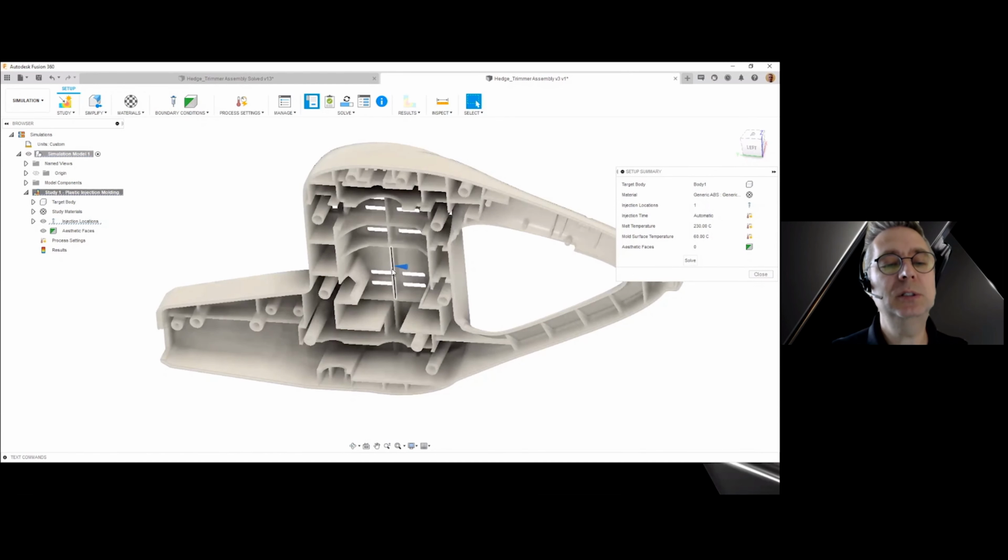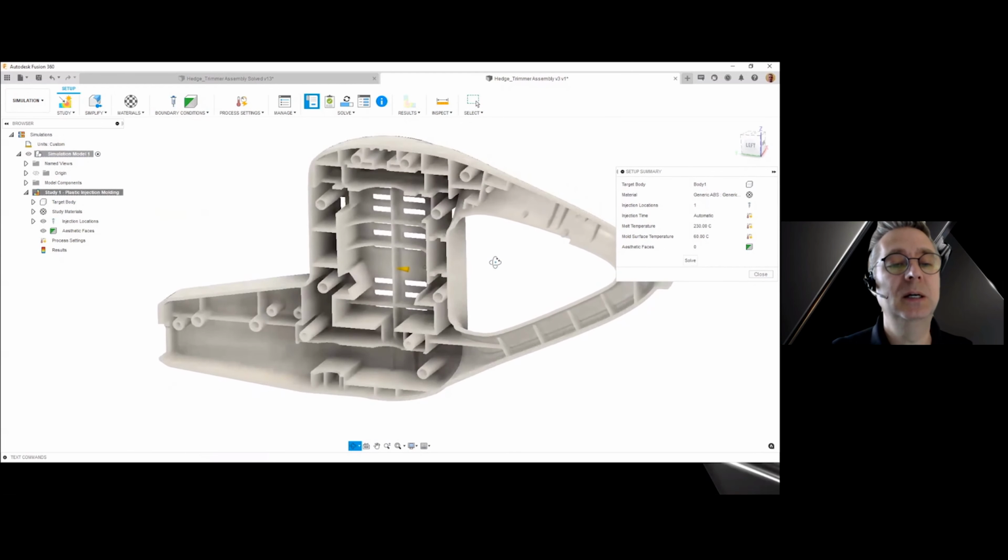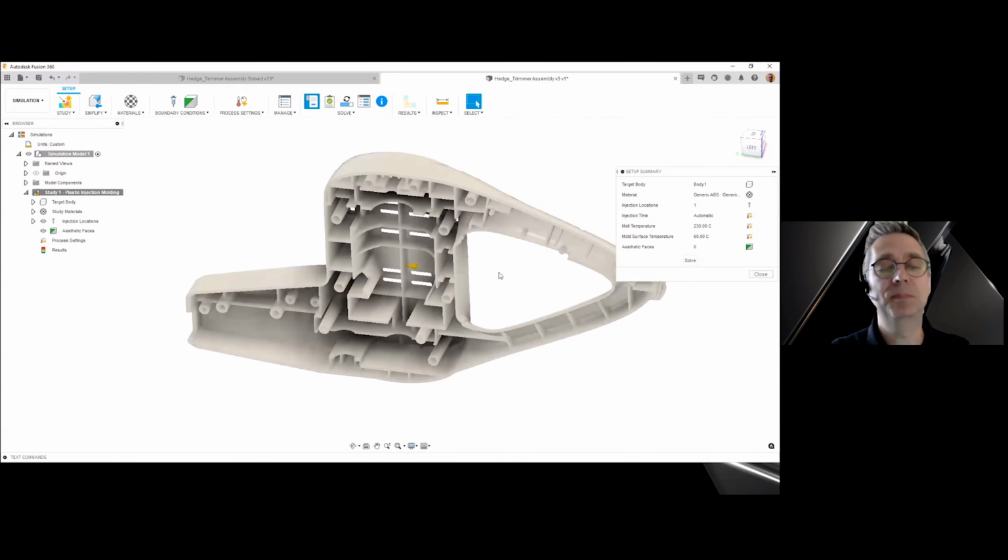It's interesting because, after lots of years in the industry, I don't know that I would exactly put the gate there. But I also like that it just put one there right away, just to give me a feel. Even if I don't know where I'm going to put the gate, at least I could start with that to see overall, is my part going to fill? And if I do know a little bit better, I of course could move this somewhere else on the part, or I could add a second or a third injection location if I so desire. But I do like that it starts out with something, because if I don't know better, well, let's just see what happens from here.